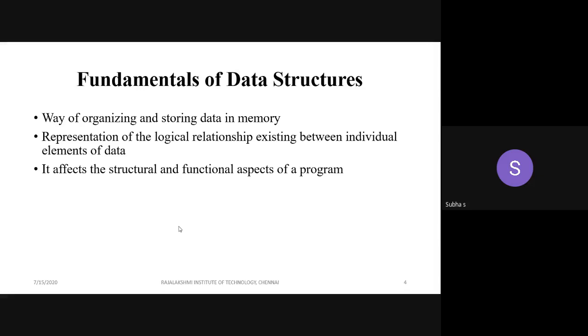That is called data structure. How am I going to organize the data, because data can be present anywhere? Data is present all over the world. Trillions of data are around us. So how are we going to organize the data, and how are we going to store the data in memory?